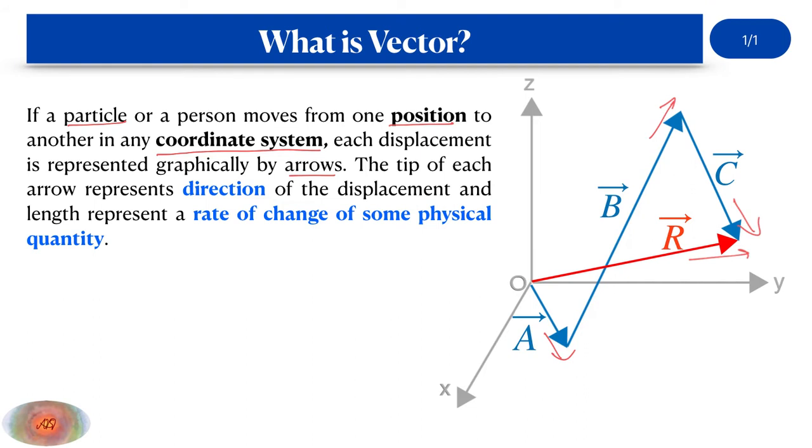So the tip of each vector represents the direction of the displacement, and the length represents the rate of change of some physical quantity. In the case of a person, if we consider a person moving along this direction, you can imagine that a person starts his or her journey from home, which is the origin, and travels towards the airport along this particular direction with a velocity or speed, and thereafter he takes his flight, and the flight takes off along this direction,